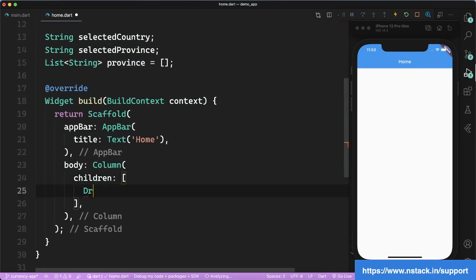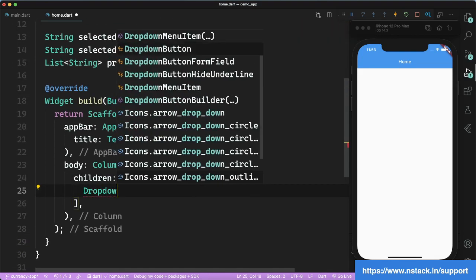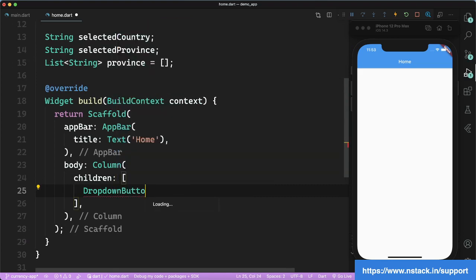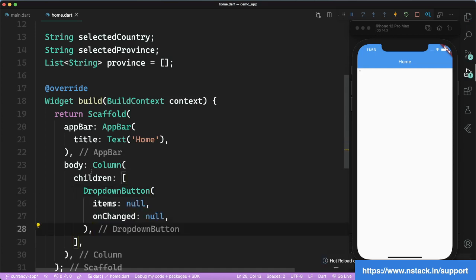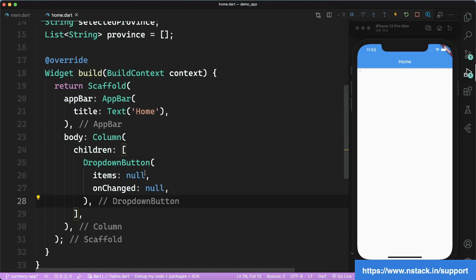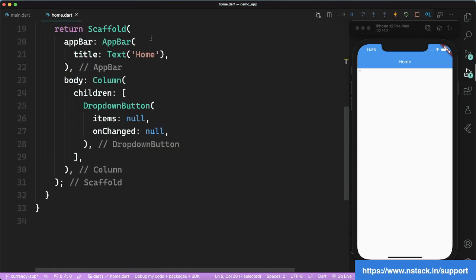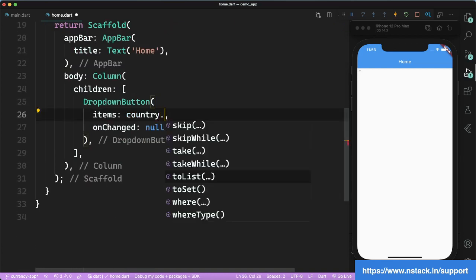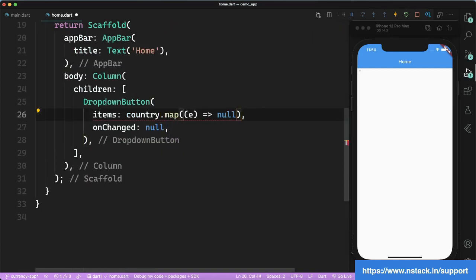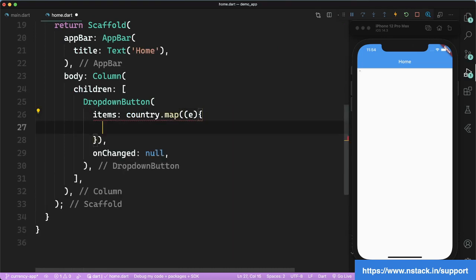First of all I will come here and make a DropdownButton. Here it is. It is asking for two things: the first is items and the next is onChanged. In the items, we are going to pick all the countries from here. So we will write country dot, and we are just going to map it to the dropdown. So we will say